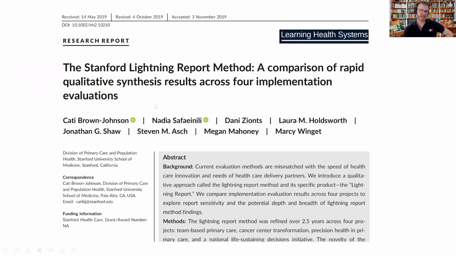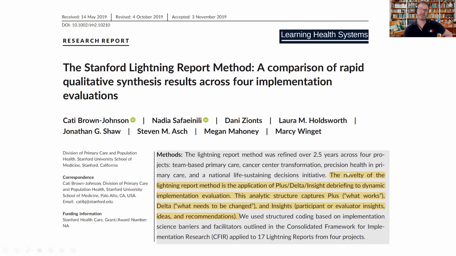Katie Brown-Johnson, the lead author here, is a fantastic researcher. I've had a few chats with her about lightning reports. I'm very grateful for her developing these and for sending over some resources. The key thing about these is they have 3 sections to them, basically: plus, delta, and insight. Plus is what works, delta is what needs to be changed, and insights are any participant or evaluator insights, ideas,